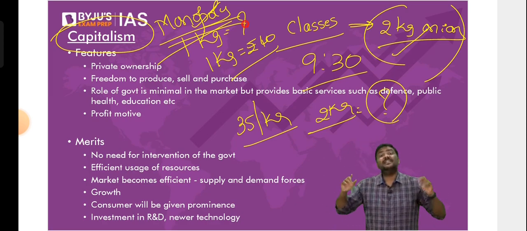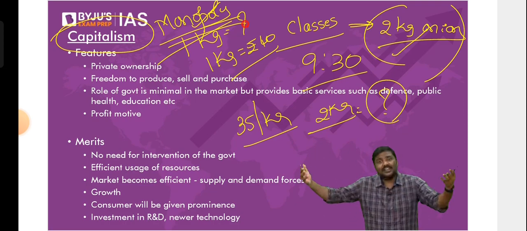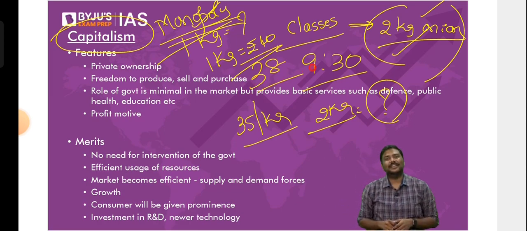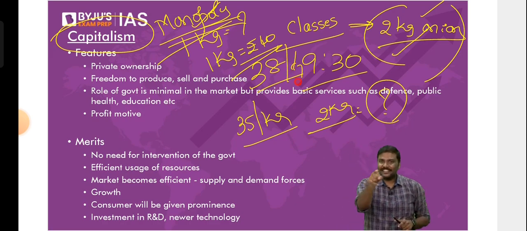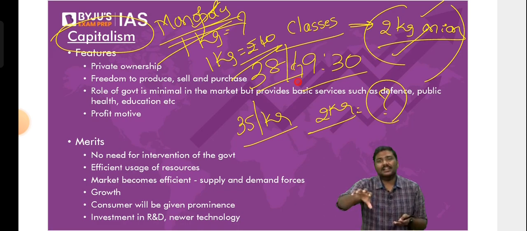In capitalism, private sector companies are there. There are multiple private sector companies, and because there are multiple, they will compete with each other. When they're competing with each other, competition increases, and the customer will be able to negotiate. How so? Same example, let me continue. You have gone to the first vegetable seller. He says 40 rupees a kg, nothing less, nothing more. You immediately go to the next vegetable vendor and try to purchase it at 38 rupees per kg. You have practiced it without realizing it. What you have done is the same idea of bargaining in a capitalistic market. In capitalism, competition is high. In order to acquire customers, the companies will compete and keep on adjusting the prices like this.